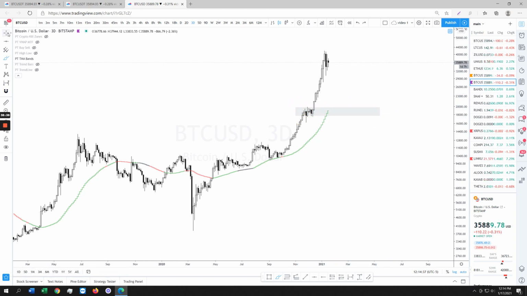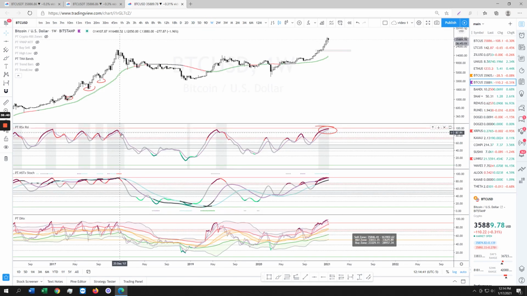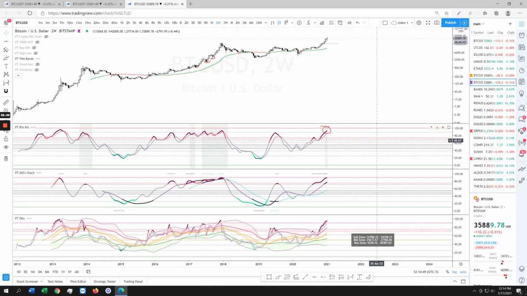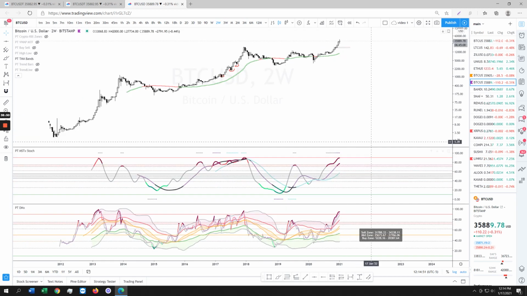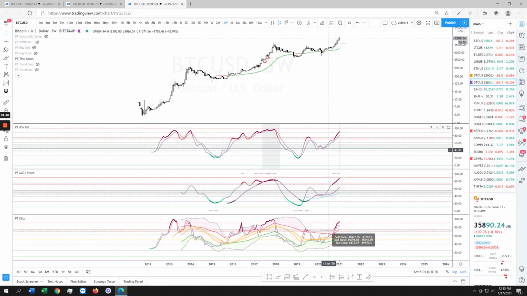So the weekly is ready to curl and cross. Let's give us a beautiful dump if that happens. Beautiful dump, actually, if that happens, man. Okay, cool. Oscillators are starting to look pretty good on the higher time frame for a retracement. Doesn't mean that we can't go up first, right? Because obviously they take time to play out. God mode is active on the 3-week too.